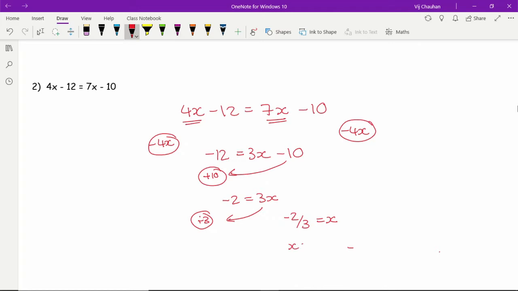And again, you might feel more comfortable starting your answer with x. So you could have either of those two, but there is your final answer. Now, some of you might be thinking, well, 3 doesn't go into 2, so let's just reach for the calculator. And if you reach for your calculator, depending on how new or modern the calculator is, it might give you the answer as a fraction, or it might give you an answer of